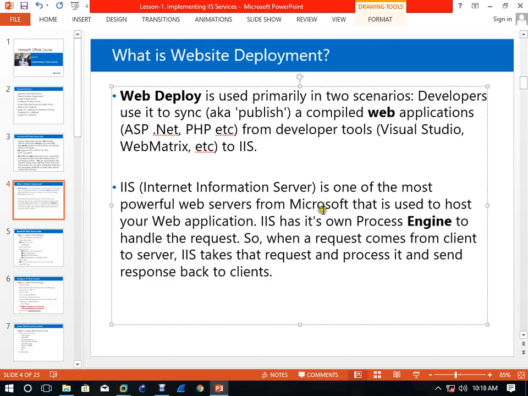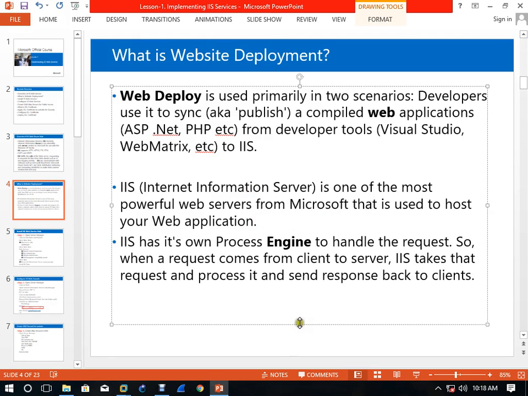Okay, so you can say a web deployment is a feature which is used to deploy a web service for public access or private access, right? And whenever you deploy the website, website deployment is based on ASP.NET, PHP and the IIS service.